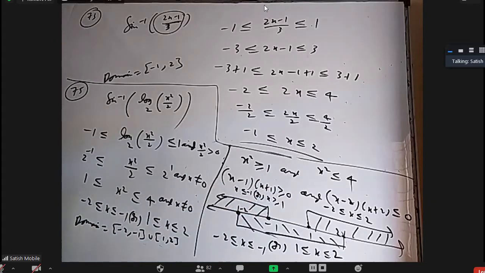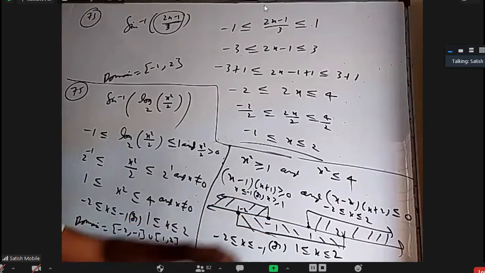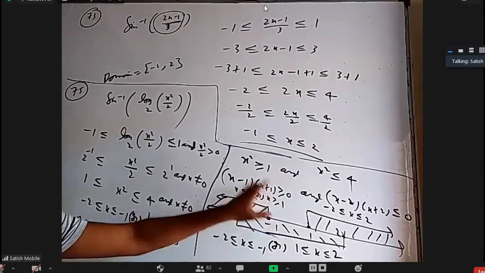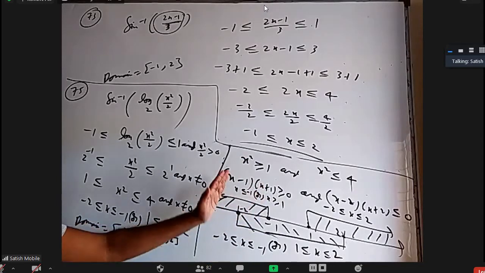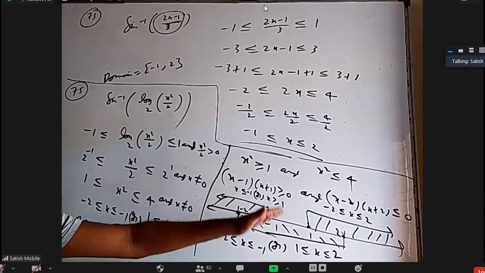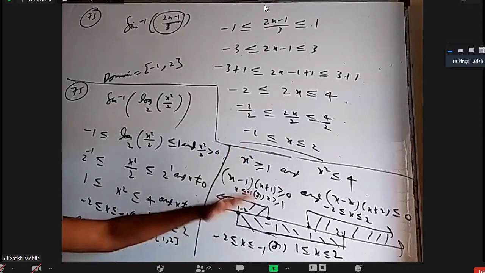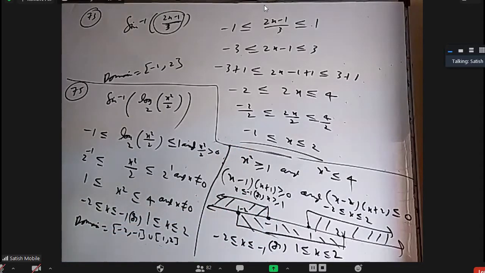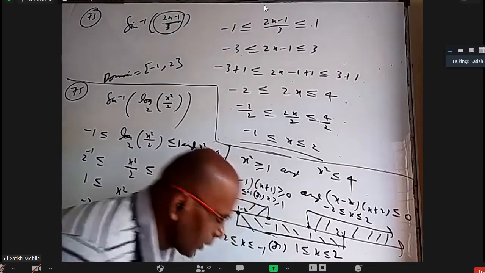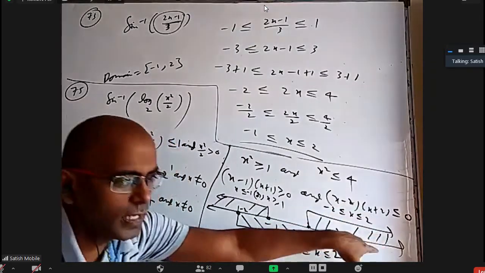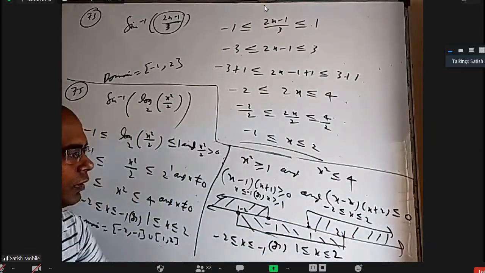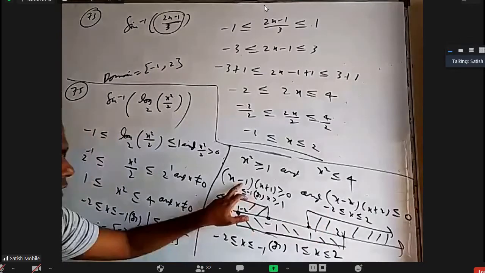That is wrong. You have to bring 1 this side, factorize it, and use a number line for this separately. Whenever you want (x minus alpha) into (x minus beta) greater than 0, x should be more than beta or less than alpha. That is these two. Whenever you want (x minus alpha) into (x minus beta) less than 0, x should be between alpha and beta. So for this alone, this answer. For this alone, this answer.